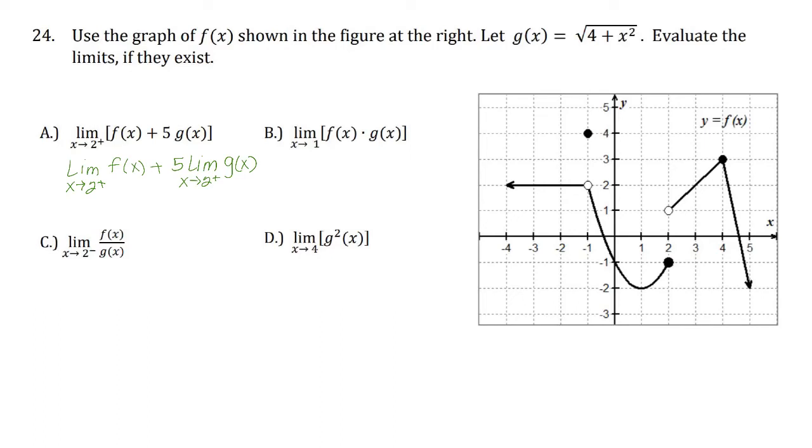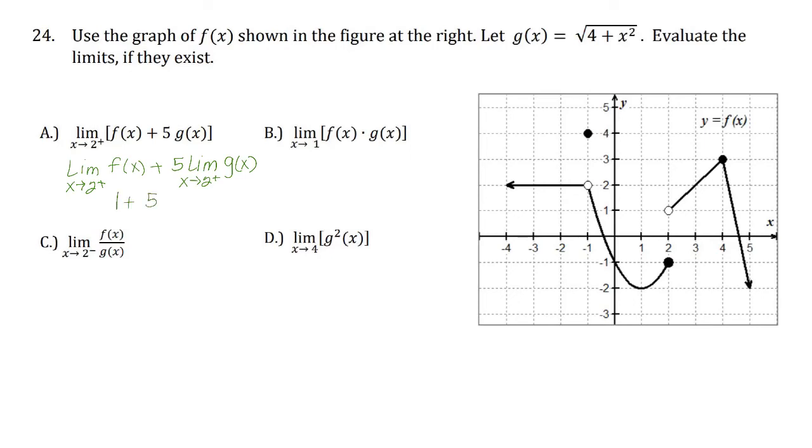So the limit as x approaches 2, so we've got positive 2 here, and we're approaching from the right side, so we're approaching in from this side. Even though that's an open circle, the intended y value from that direction is 1. So over here, I know the first part of this is going to be 1